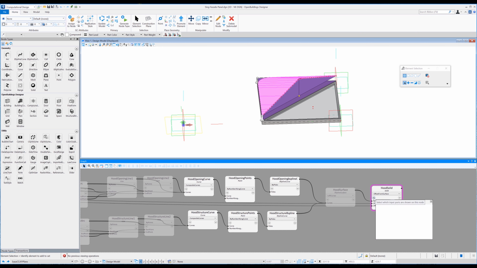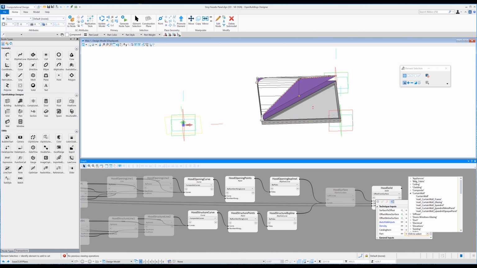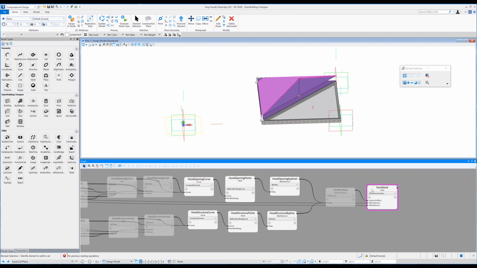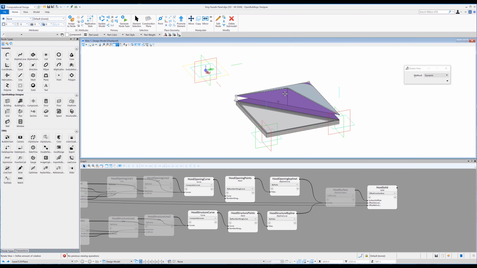I could open up that and click on the families and parts. So we can select curtain wall, and I could probably make that, let's make it spandrel metal panel, so it's a little bit different. The last part of the hood, I'd like to actually boolean out a section at the